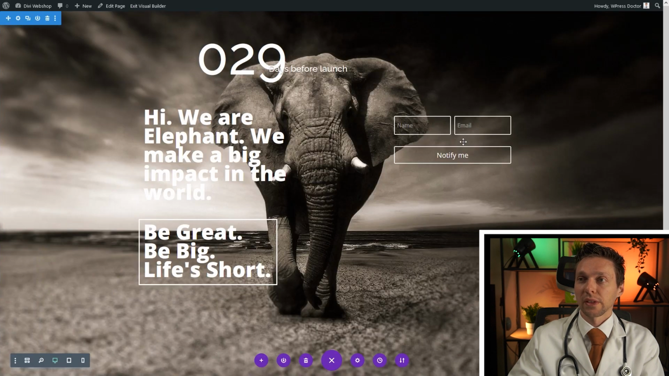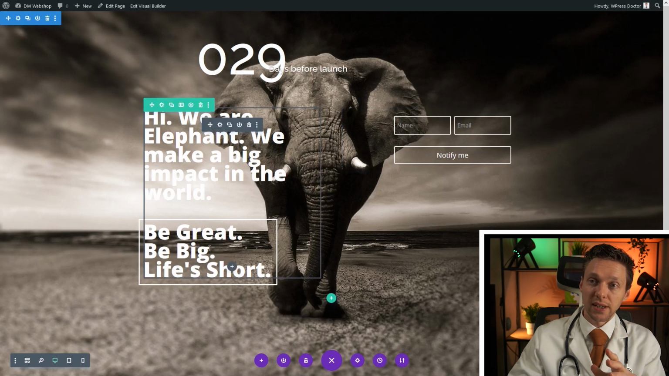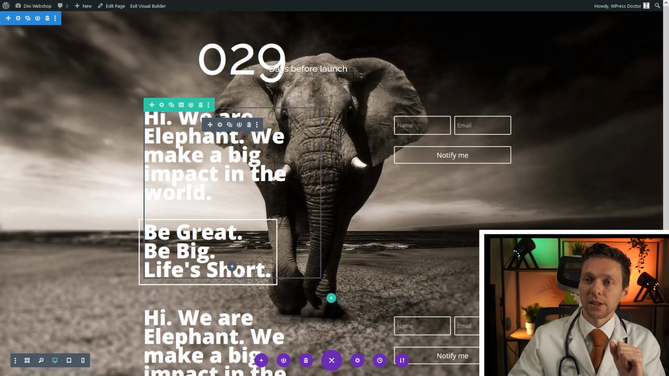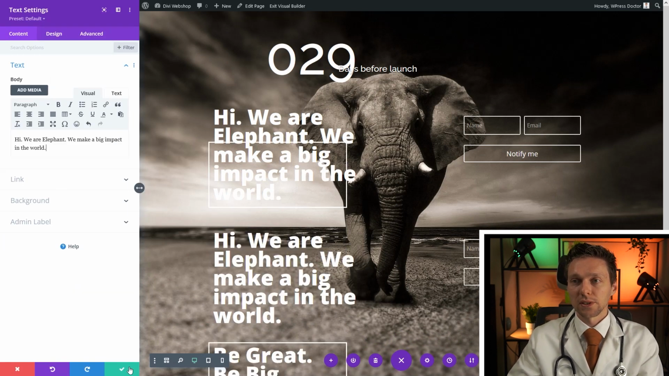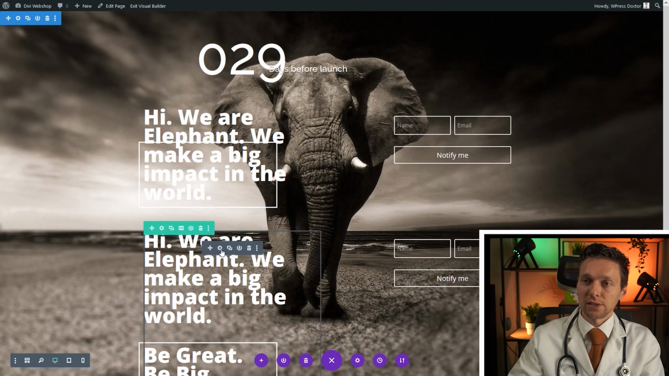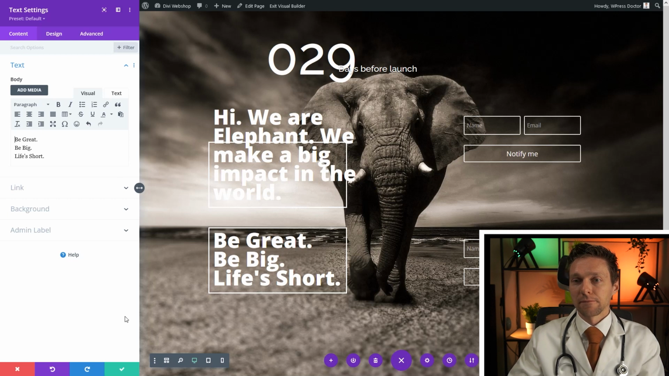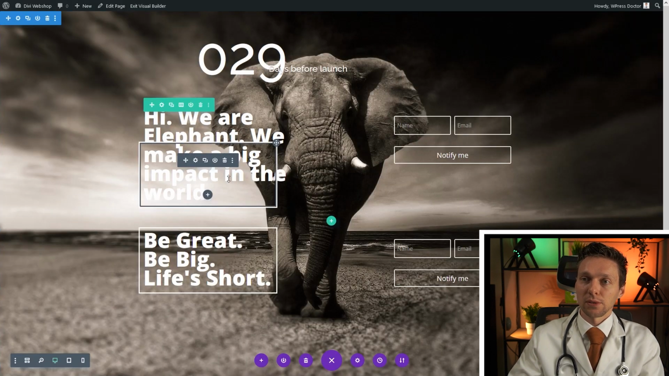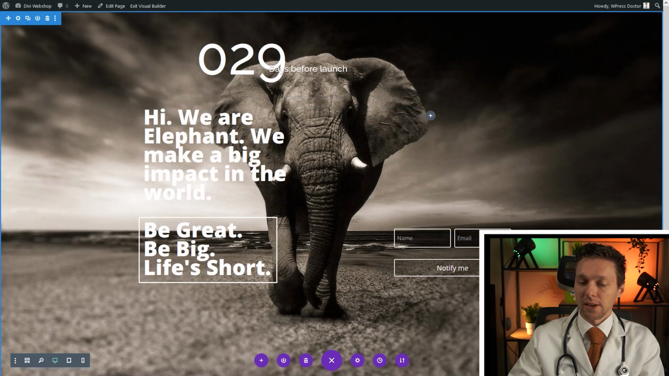Press save. If you want to move it down there, the best way to do it, if you want to have it on the same size of this one, is just to duplicate this entire row like this. Then you edit the text. We're going to remove the "be great, be big, live short." Save it. Then on this section, we're going to edit text. We're going to remove the other text, "be great, be big, live short." We're going to remove this divider. We're going to remove this one. And now we have a